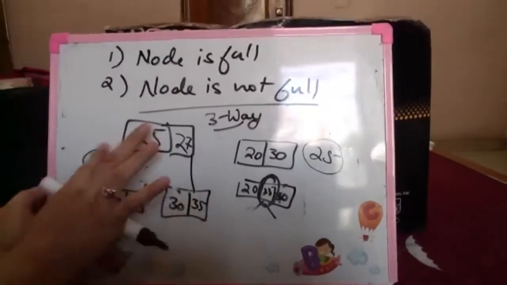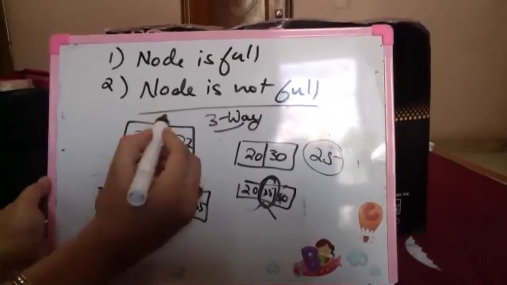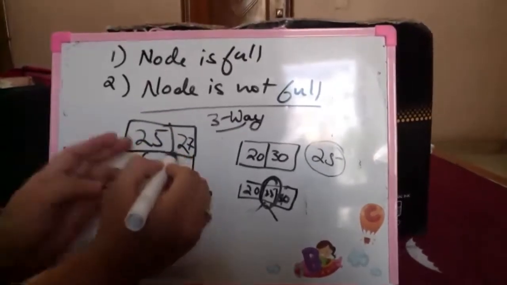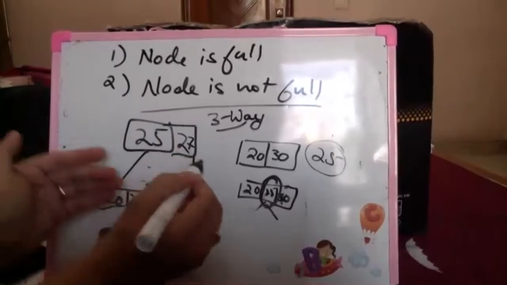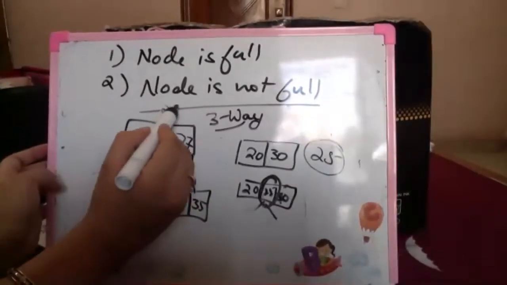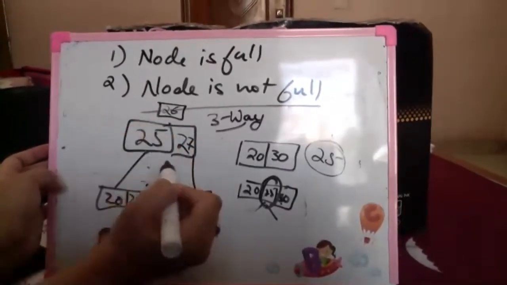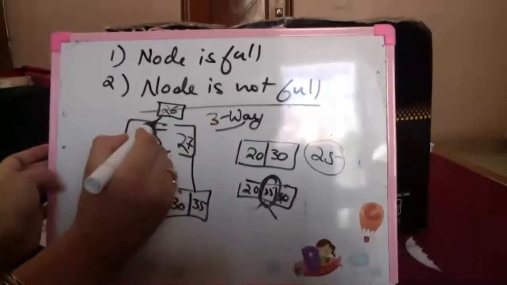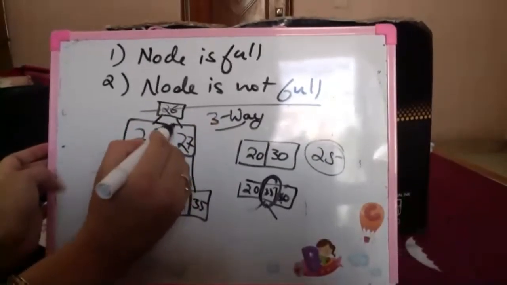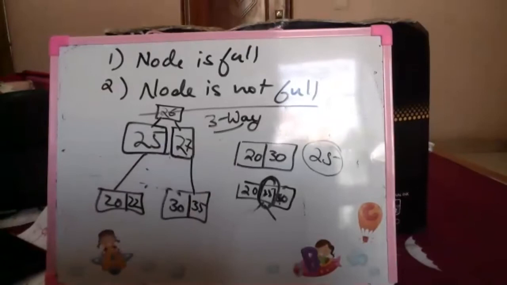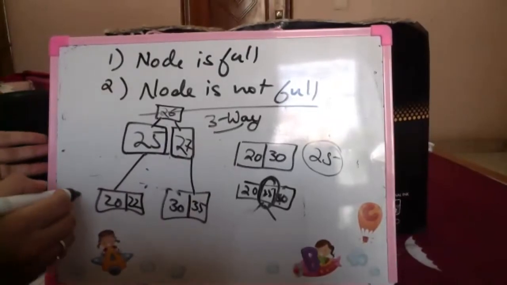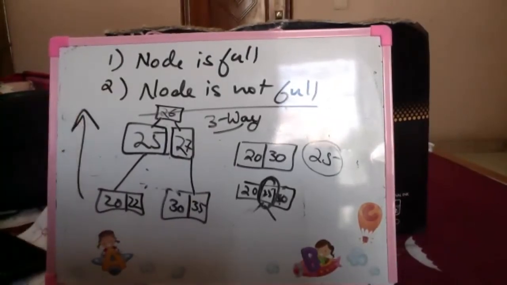So what I do is, to be able to insert 26, I insert it and I break this. Again, 26 being my median node, 26 is inserted here and this is broken. 26 goes into the parent. So while building a B tree, I'm building a B tree upwards. I'll just take a more elaborate example.